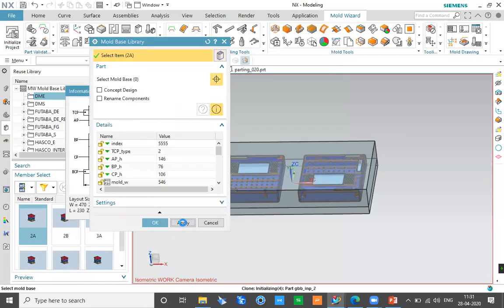What will happen now is the mold base will be automatically created for this particular product, and the basic size of the mold base will be automatically derived based on the size of the product.